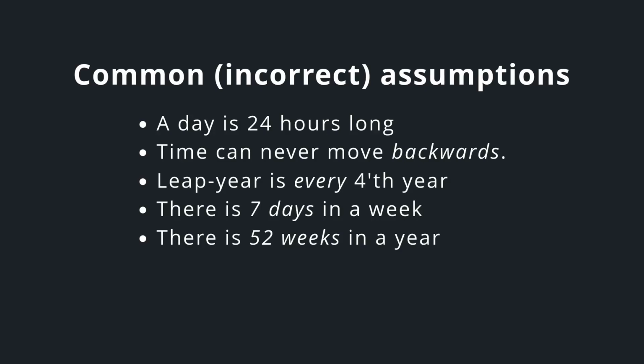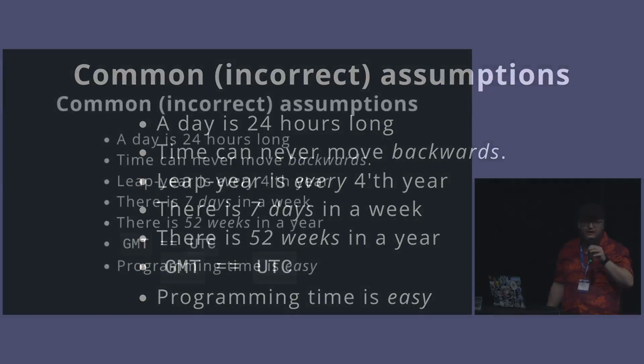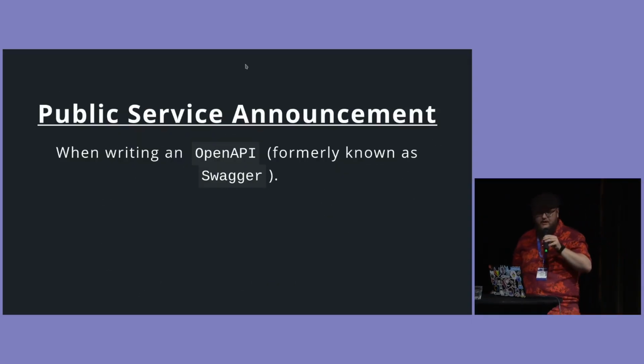There are 52 weeks in a year, or maybe 53, I don't know, but it doesn't add up in math. That something called GMT is UTC, and that programming time is easy. And here's a public service announcement, and that's the biggest thing I want to get out here, that if you